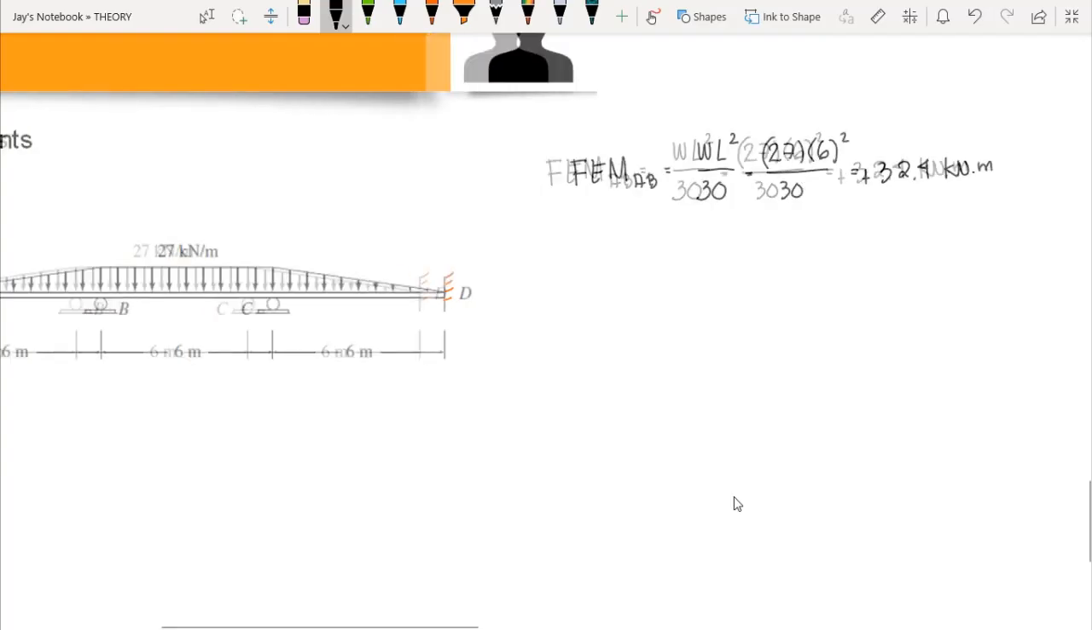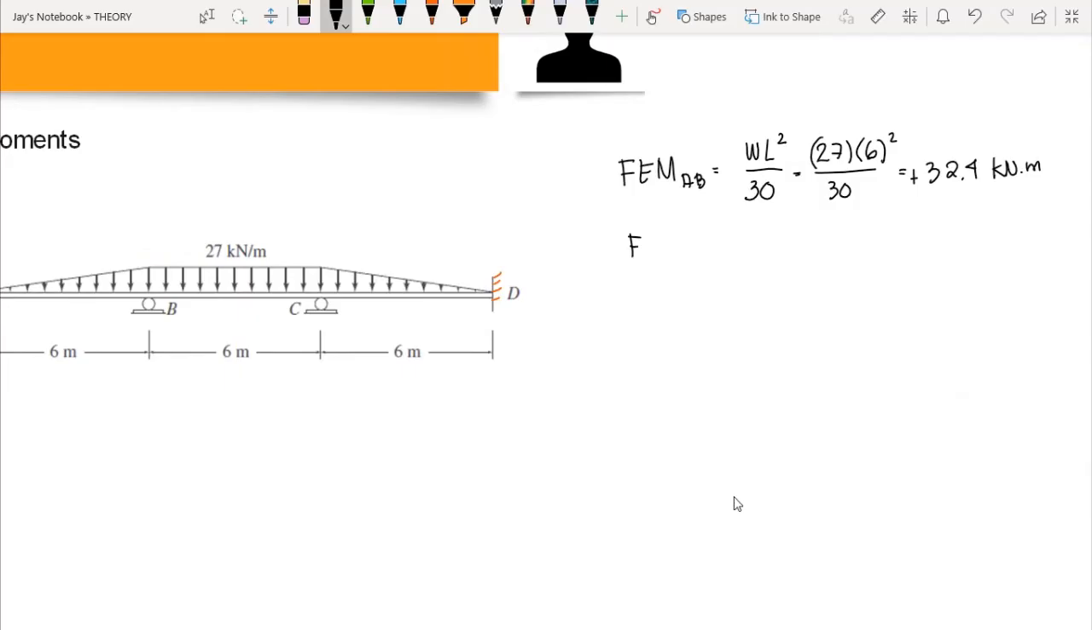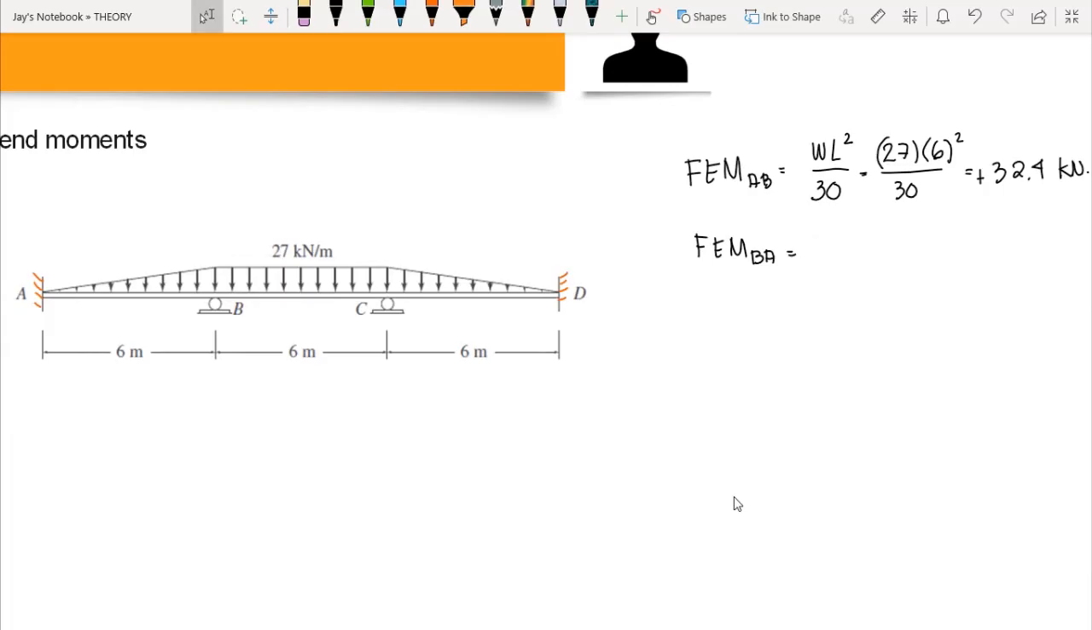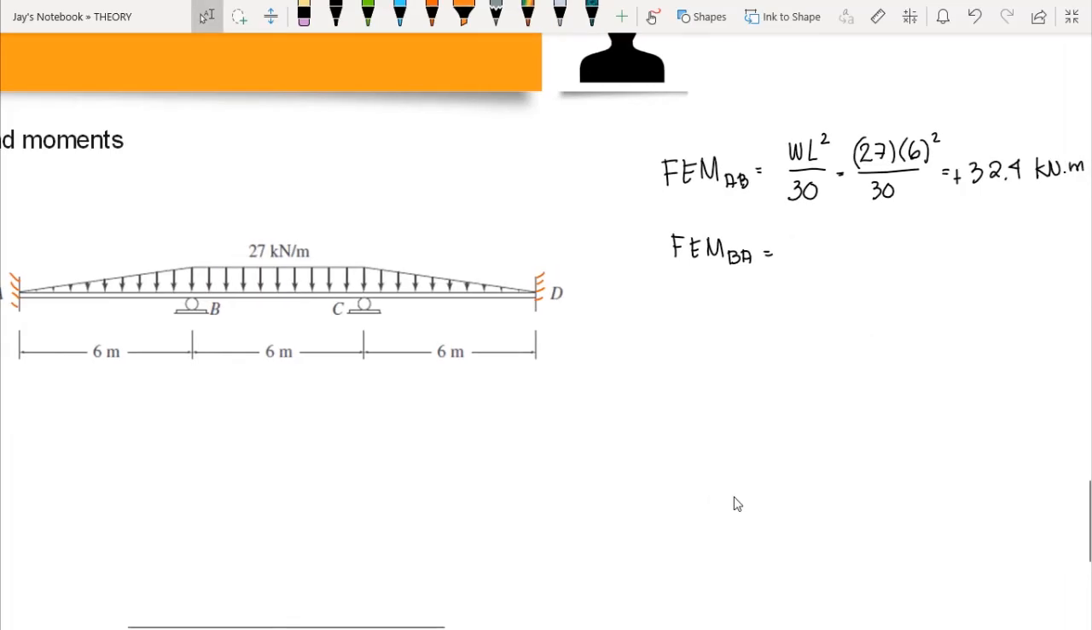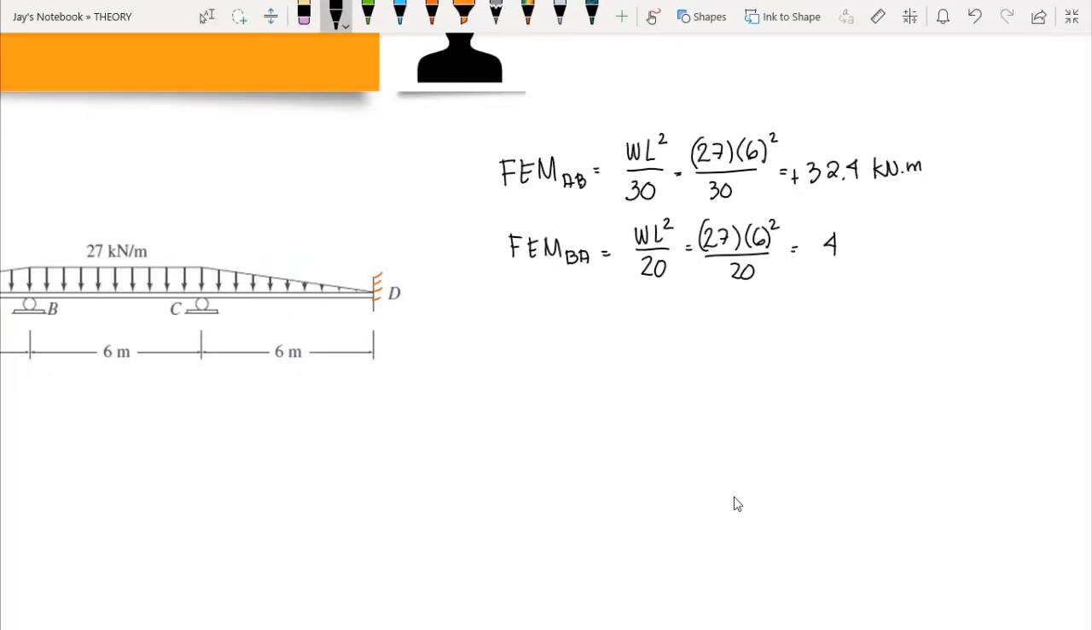Since our assumption on the left side is counterclockwise, this is positive. But on the right support, we have fixed end moment BA, where the highest magnitude is located. So we have WL squared over 20 as the formula to be used. Therefore, we have 27 times L is 6 squared over 20. So we have 48.6 kilonewton meters, and since the rotation on the right side is clockwise,